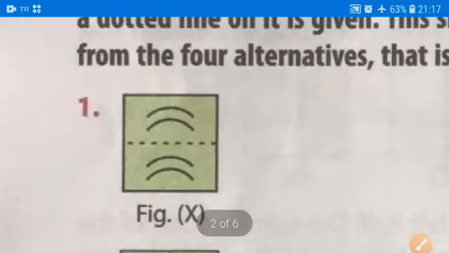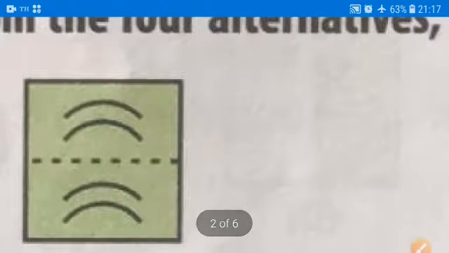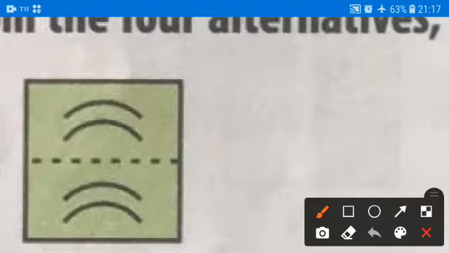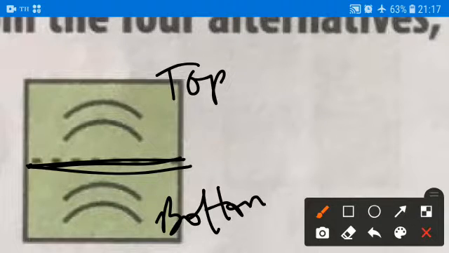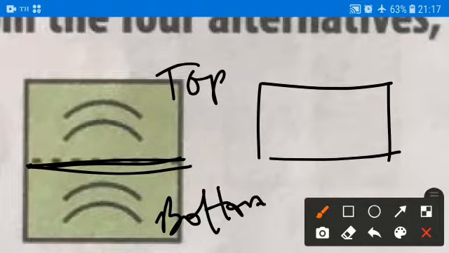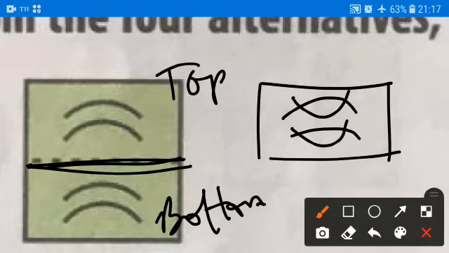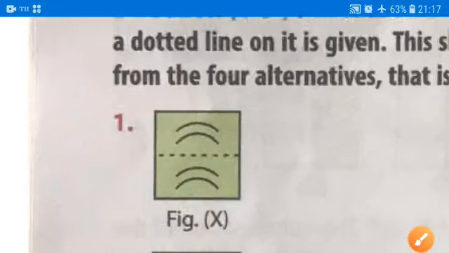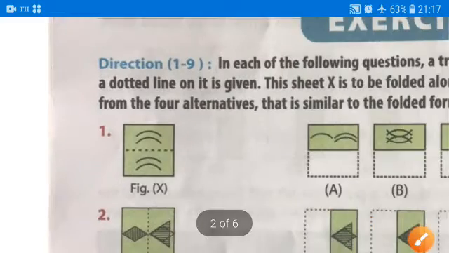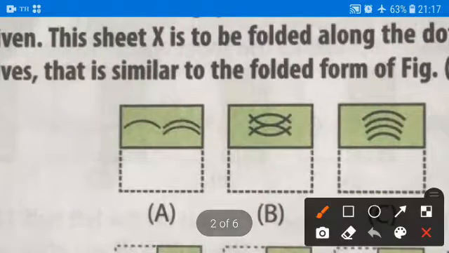This is the bottom section, this is the top section, and if we fold, we will get a figure. These two lines will be as they are and these two lines will be added like this. So the correct answer for this question will be option B.